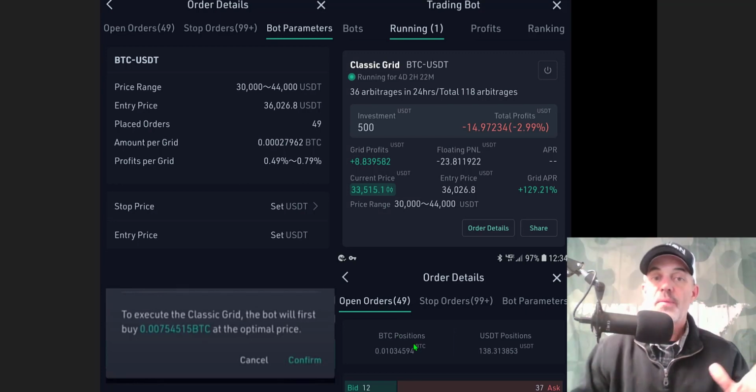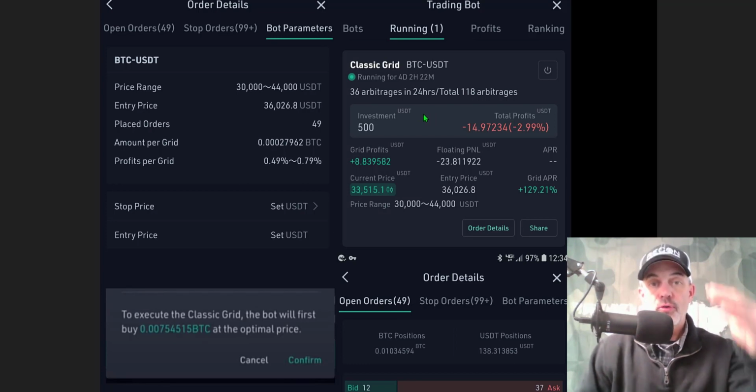So with that all being said, let's take a look at my actual numbers that KuCoin is reporting on this particular grid. Now, it's been running for 4 days and 2 hours. I'm trading the pair BTC USDT. My total investment was $500, and what that equated to was this initial buy of BTC, and then I had to have enough USDT to fulfill the buy orders on the way down, which when all broken out equaled 49 grids or limit orders. And so far I've had 36 arbitrages in 24 hours,